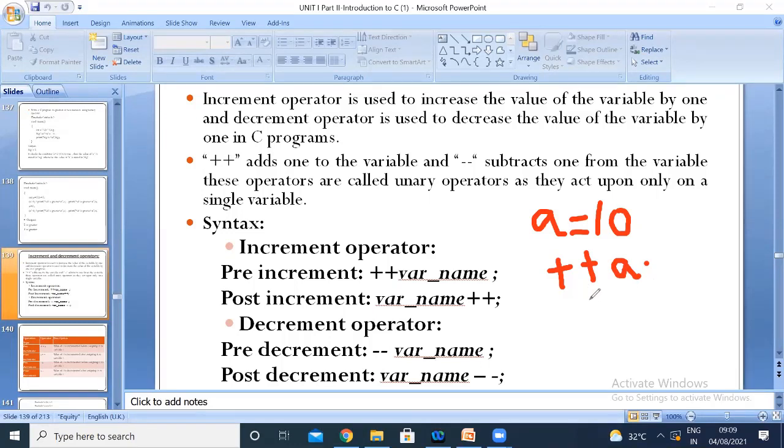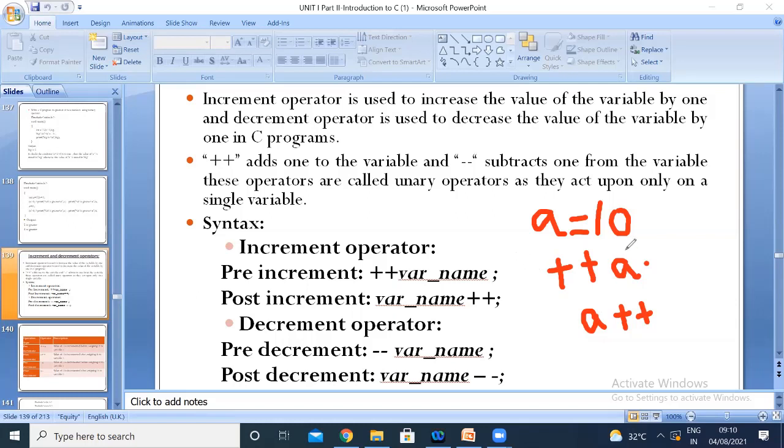If you have the plus symbols after the variable, we call it post-increment. In pre-increment notation, first you increment the value, then you perform the assignment of the value.